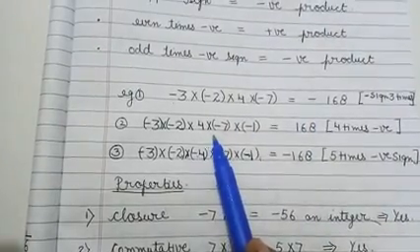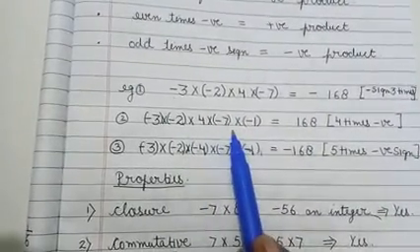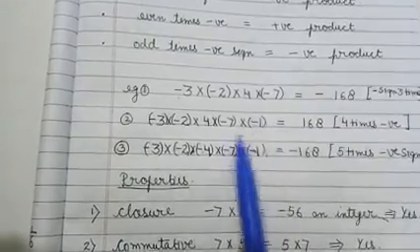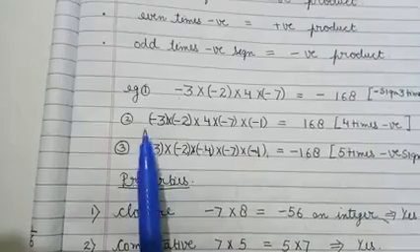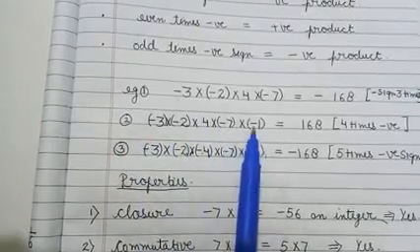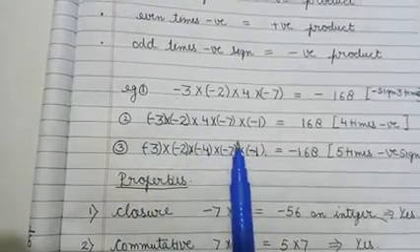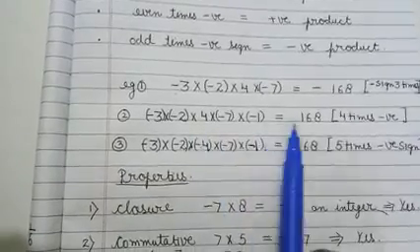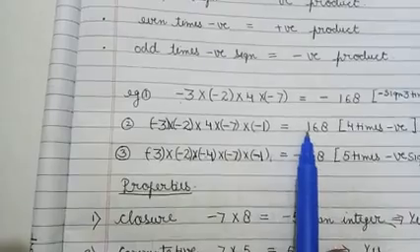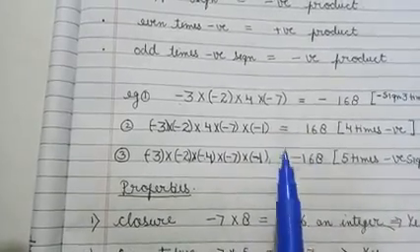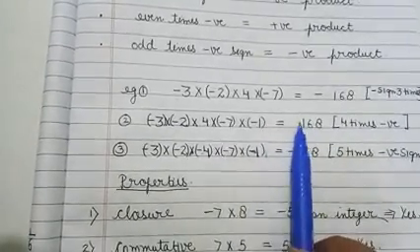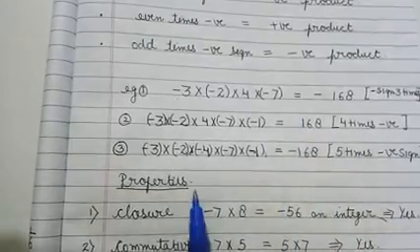Now in the next example, I multiplied the same expression by minus 1 also. Now how many negative signs are there? 1, 2, 3, 4. Means 4 times a negative sign is there. It means the product is positive. You will put a plus sign, means no sign will be there. When the answer is positive, we will not show the plus sign.